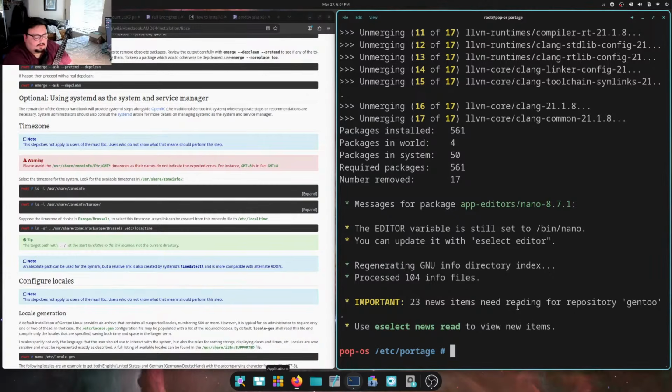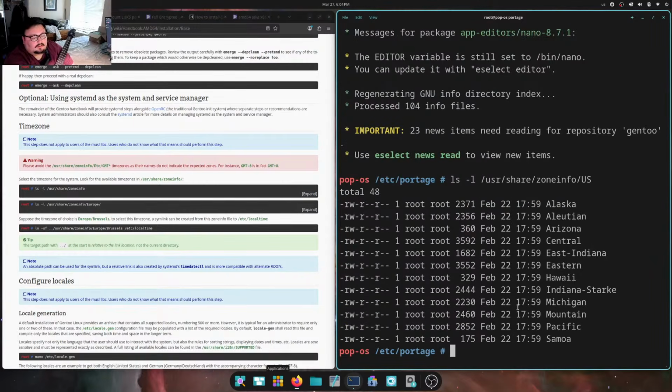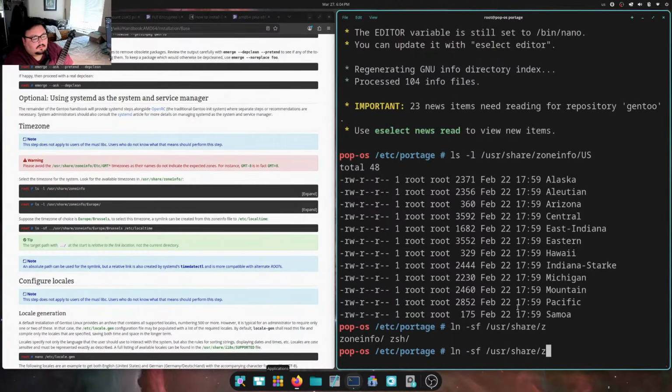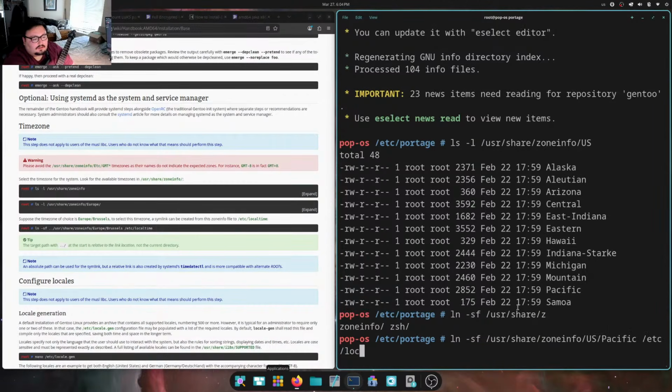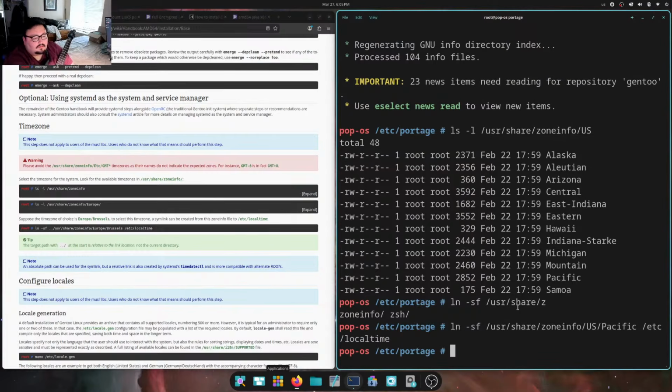So yeah. ls -l /usr/share/zoneinfo/US, then ln -sf, and /etc/localtime. And then vim /etc/locale.gen,